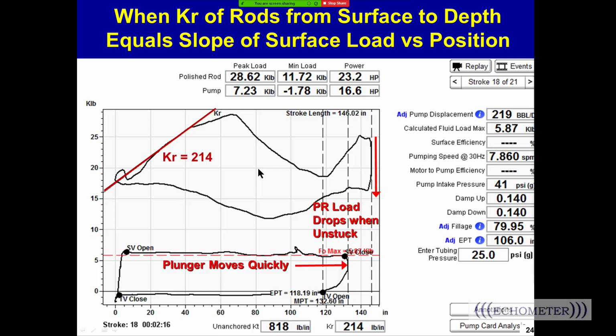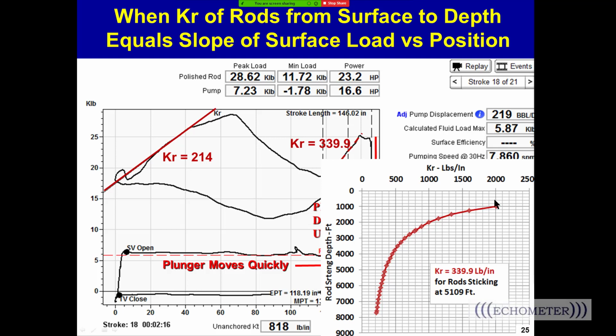So I said, I think I want to calculate that. And so we calculated the slope of that line, and that means that if the rod load is applied at that point, that section of rods stretching from some point to the surface is a shorter section. So then we calculated the